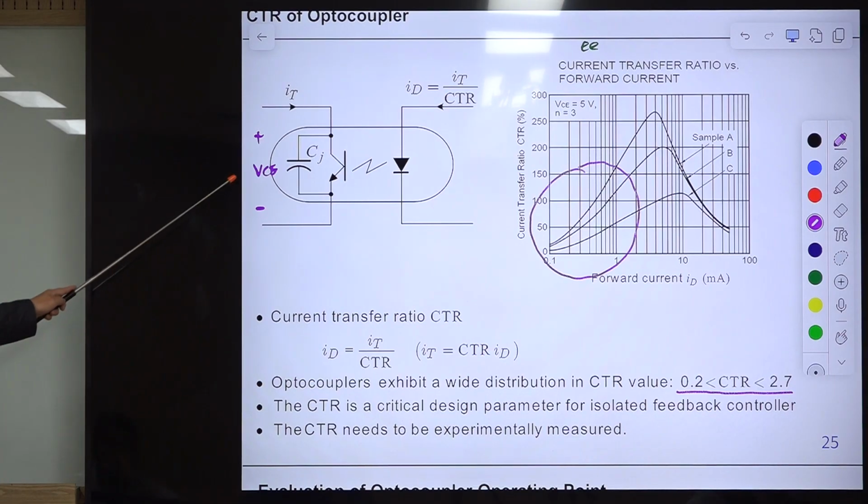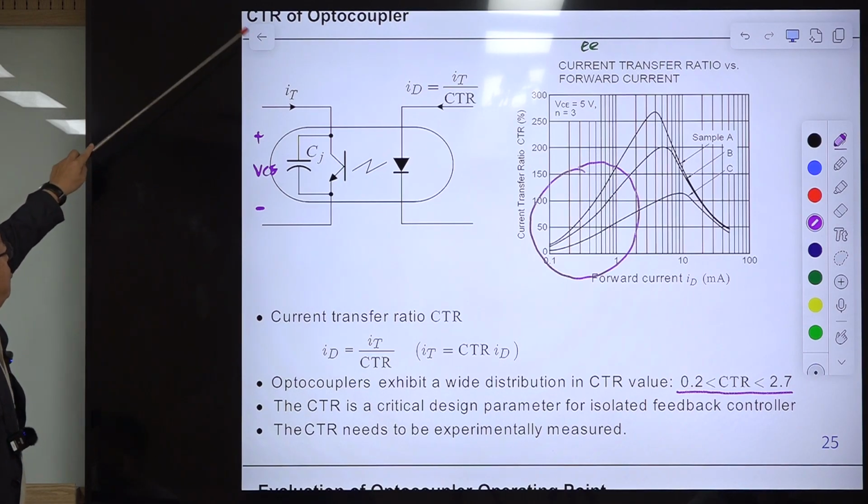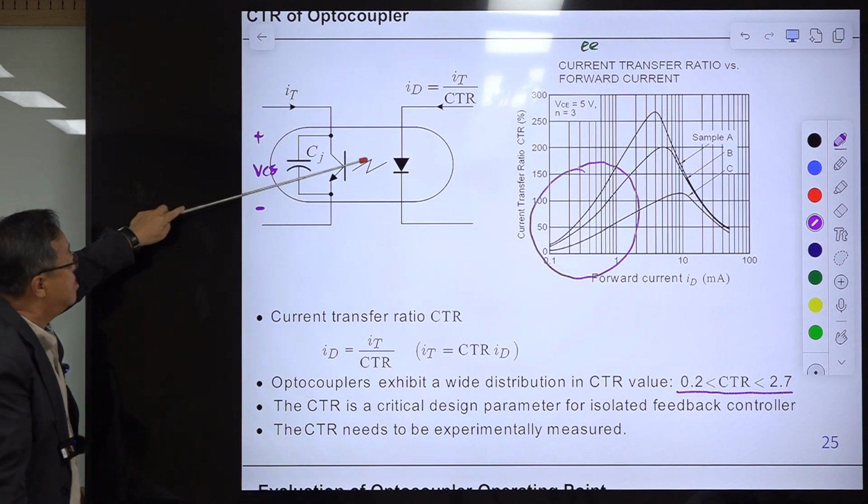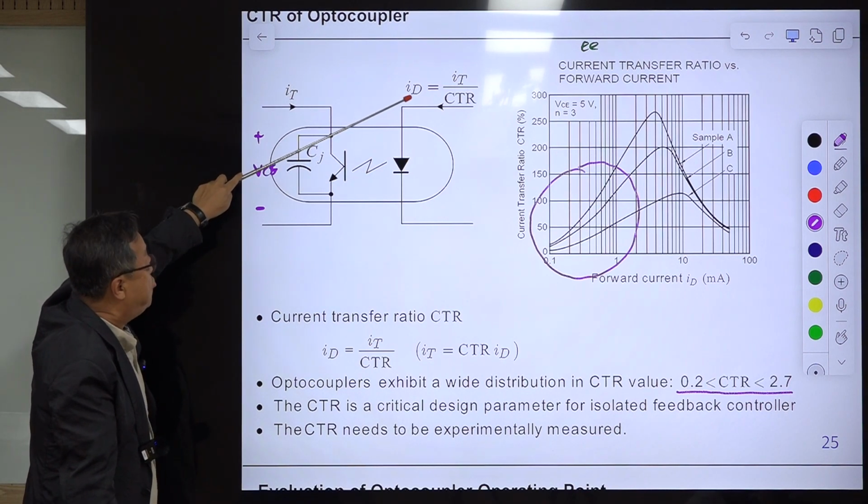When this VCE is determined with some bias circuit, IT is determined, then ID is finally